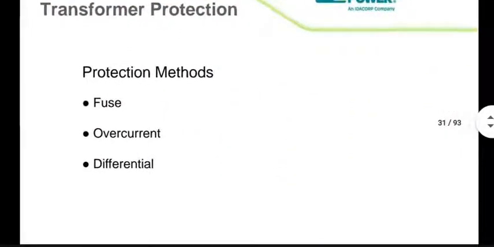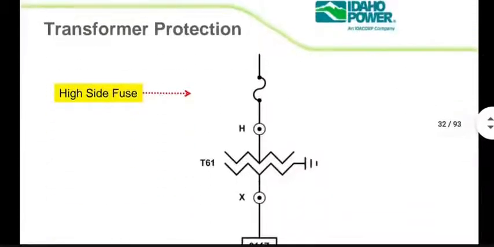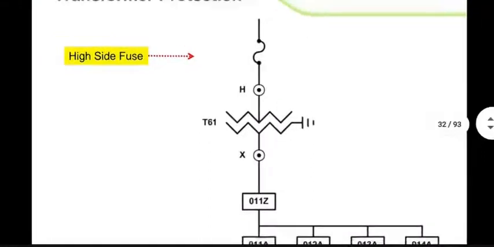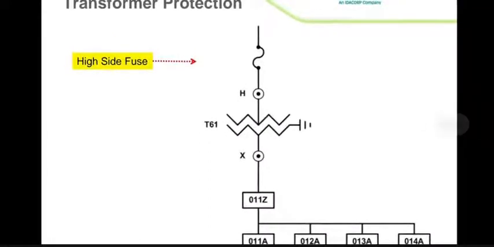Fuse, of course, is the simplest thing. Yeah, I forgot to mention fuse. Fuse is a very common element for protection devices. It burns up when current goes beyond a certain value, but it does not restore the path. You have to replace the fuse. Okay, it is used in homes also all the time. So one simplest method will be to have fuses all over in the windings or at the inputs of the windings at least. Primary voltage, assuming it's higher side, is where we'll put the fuse. That's one possibility.